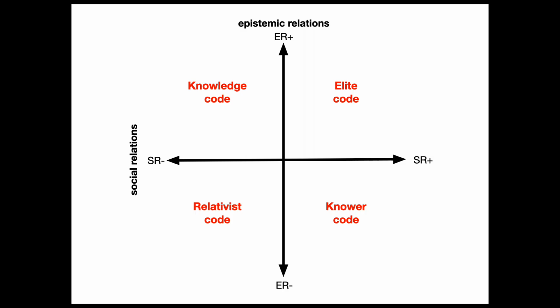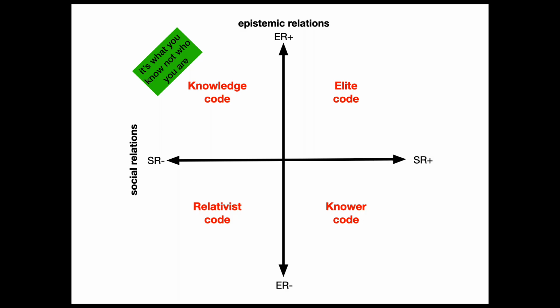So we've got a knowledge code, top left there, where ER, or epistemic relation, is strong, and SR, social relation, is weak. So we could say legitimacy here amounts to it's what you know, not who you are. That's important. To illustrate that with something more concrete, think of a typical way we might think of the field of hard science. Basically, what do you need to be successful in hard science? Well, you need knowledge. Your politics, your dispositions, not so important.